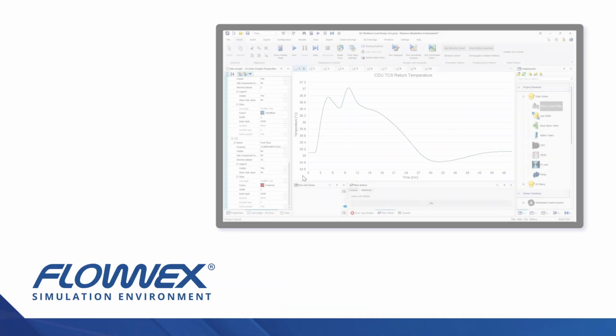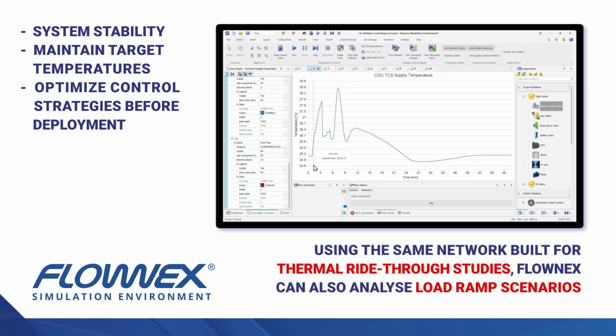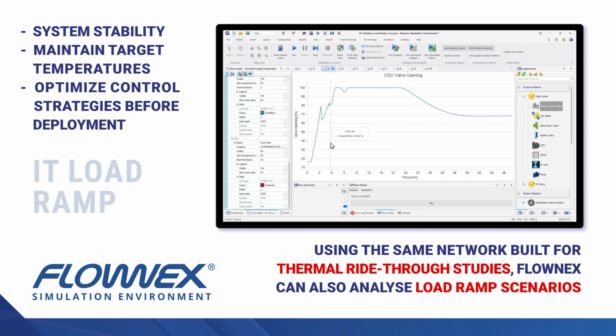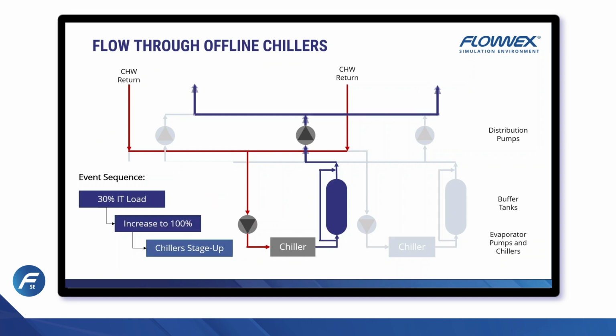With Flownex, engineers can simulate these events to ensure system stability, maintain target temperatures, and optimize control strategies before deployment. Using the same network built for thermal ride-through studies, Flownex can also analyze load ramp scenarios. In this example, our system starts at 30% IT load, with 2 of 3 chillers staged down. When the IT load ramps to 100% in just 60 seconds, the chillers and pumps must respond rapidly to meet